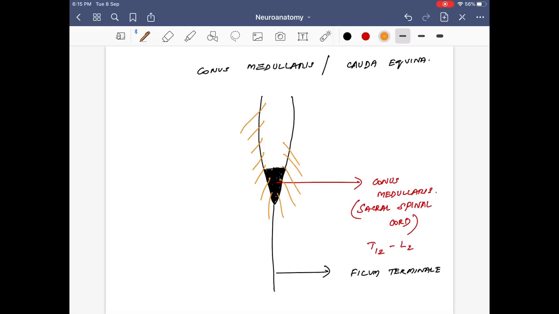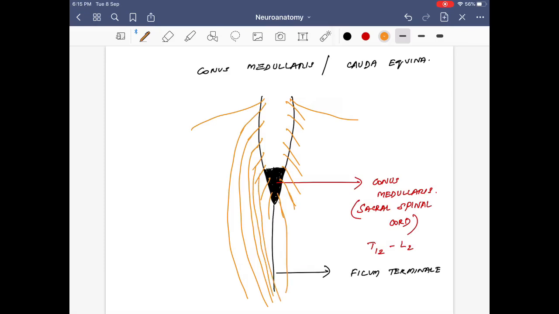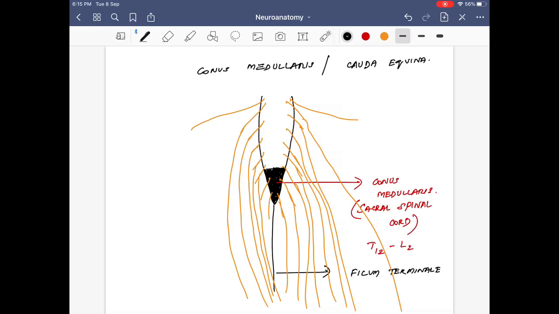The spinal cord ends at the level of the L1, L2 junction. Below that level, the spinal roots are suspended within the CSF of the spinal canal. These suspended nerve roots are what are called the cauda equina fibers. There are roughly 10 pairs of these nerve roots, extending from the L3 level up to the coccygeal level. Sometimes it can go up to L2 and sometimes L3.